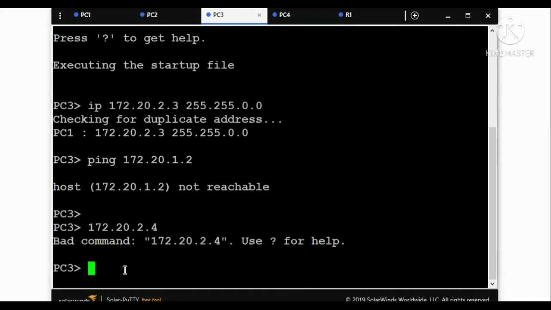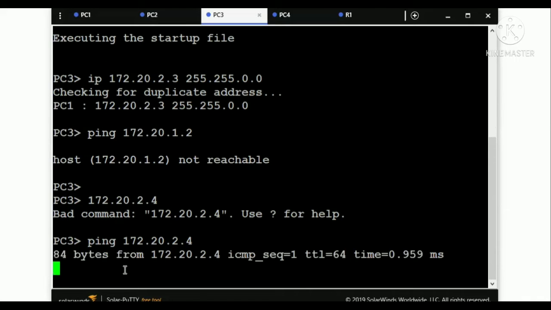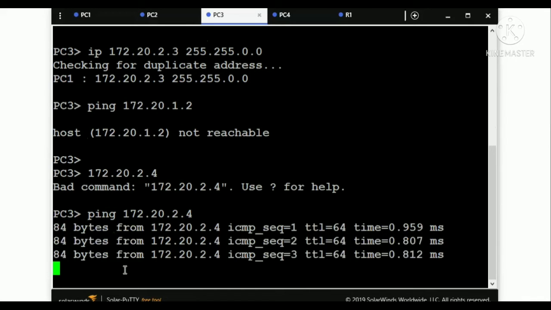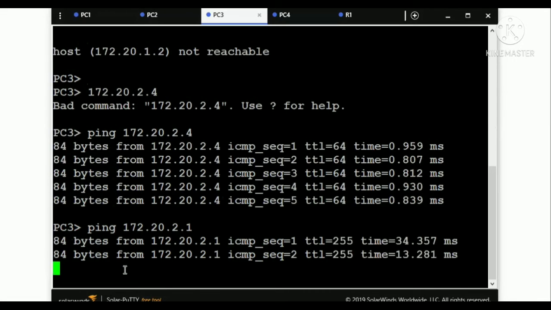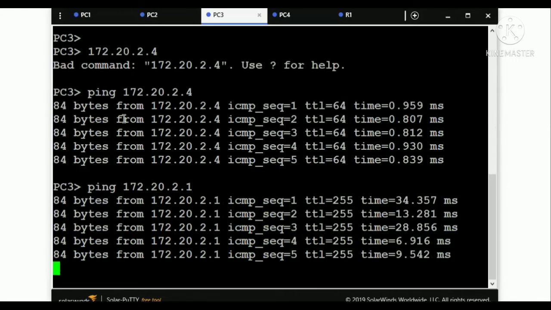But I can ping 2.4. Sorry, small mistake. Here you can see I can ping 2.4. Let me show you I can ping 2.1 as well, so I can ping router 1.